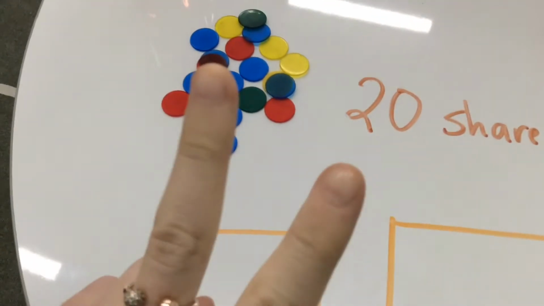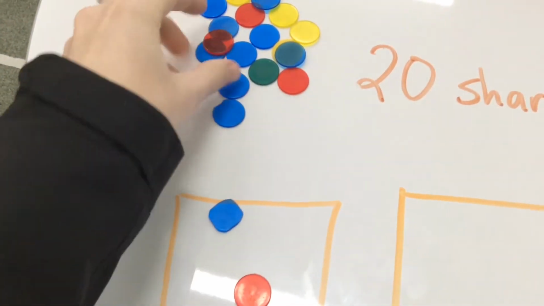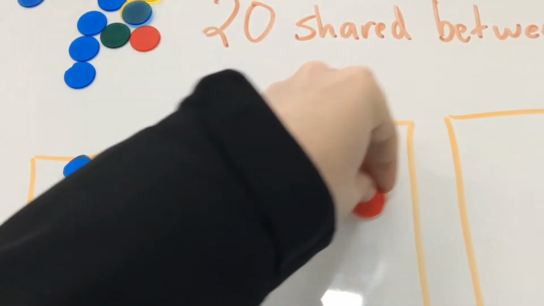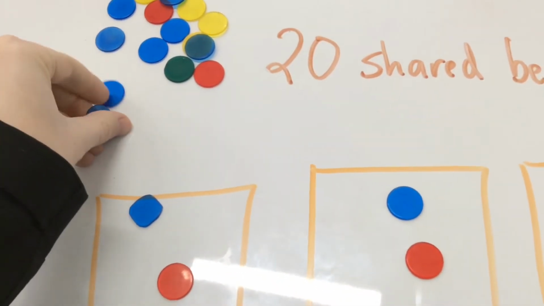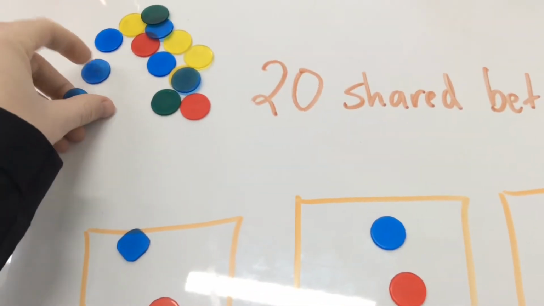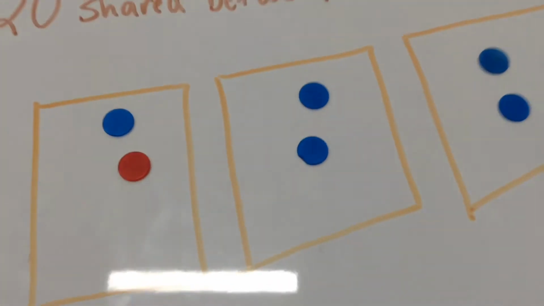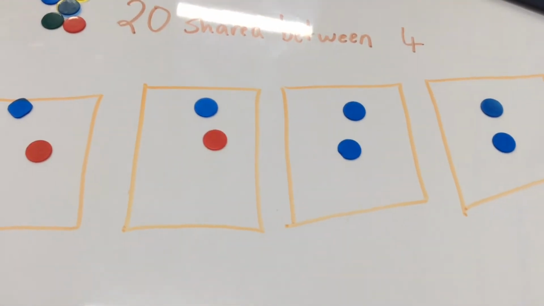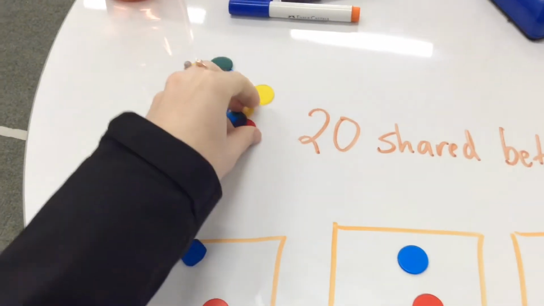Now I'm going to do 2 per group just to save time. So to begin with, I'm sharing my 20. So I'm starting with 2 per group. So you can see that we've started with 2 in each group. Now I've not shared all of my 20 counters yet. So I need to keep going